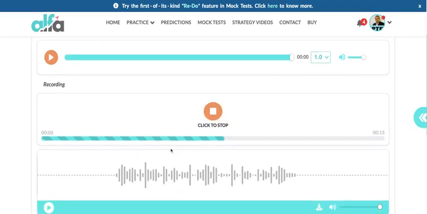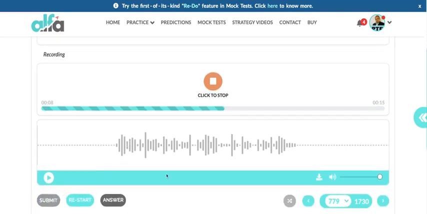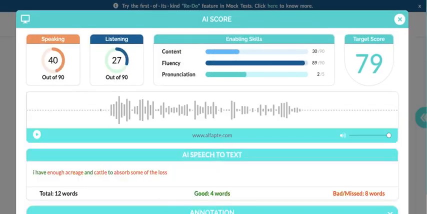Okay. So what I did this time, I have to first go the word I caught it, and then loss when the last word I caught it. And everything else in between was rubbish. तर पनि 40 को score. Reason के हो? Because of this. When you don't know what to do, come up with a rubbish. Come up with some kind of sentence. Something. खाली छोड्ने भन्दा पनि गर्नुको लागि हो speak बोल्नु पर्यो. So let's listen to what we said. हुनुपर्ने यस्तो थियो. I have enough acres and cattle to observe some of the laws.